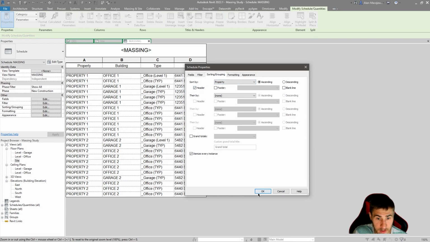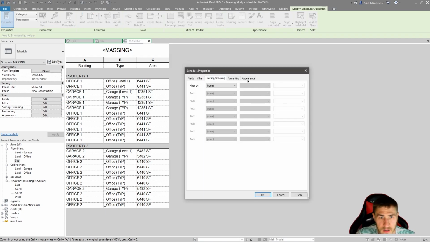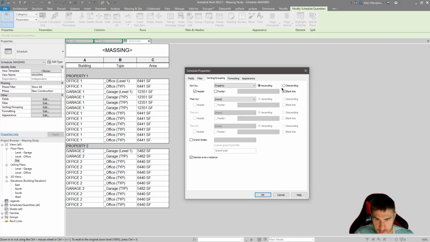So I make it a header, and for that reason, we can get this. Look at this. This is already really close to what we want. So we have property 1, and everything under property 1, and then property 2. Cool. Now, just for me, I like to add a blank line under some of these categories, really split it up a bit. But besides that, we then probably want to sort it by building, at least, just a basic